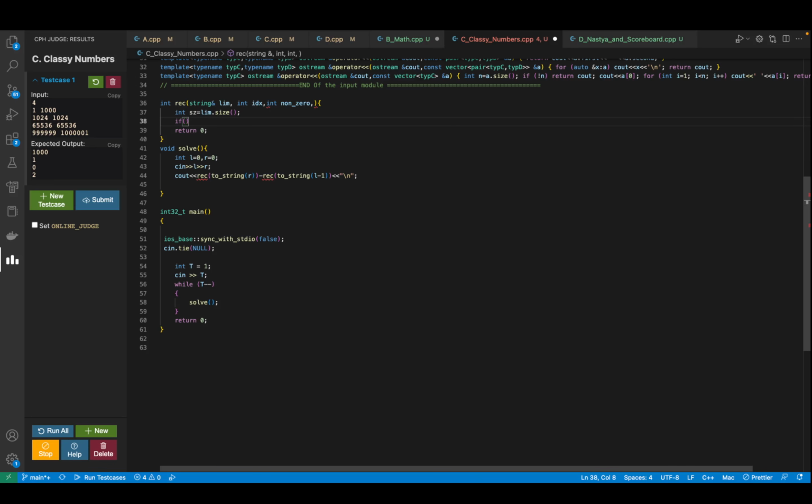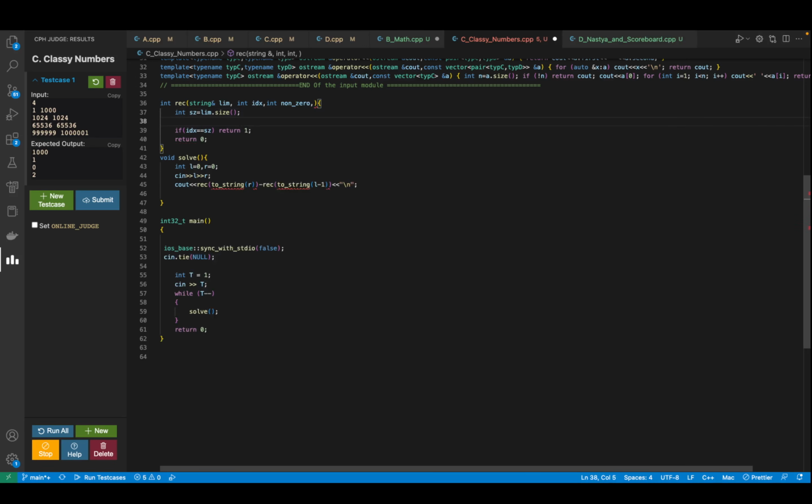If I have already reached the end, so if my index is equal to size, then I have reached the end itself, and I should be having a value now. So I'll return 1. There's one more case.